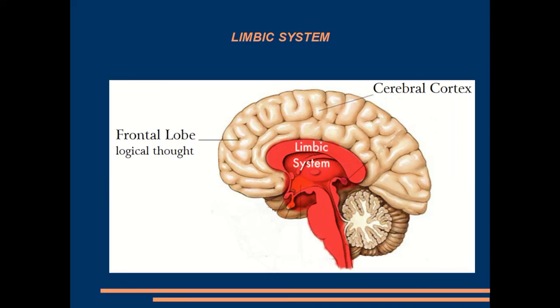And our next part, limbic system. The limbic system is comprised of four main structures: the amygdala, the hippocampus, regions of limbic cortex, and the septum. These structures form connections between the limbic system and the hypothalamus, thalamus, and cerebral cortex. The hippocampus is important in memory and learning, while the limbic system itself is central in the control of emotional